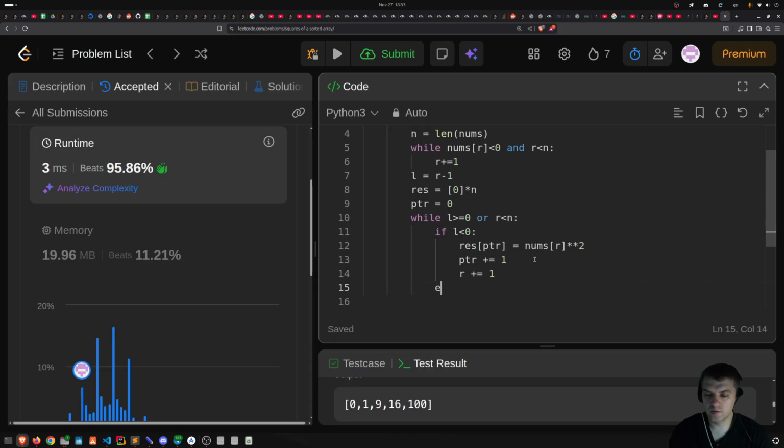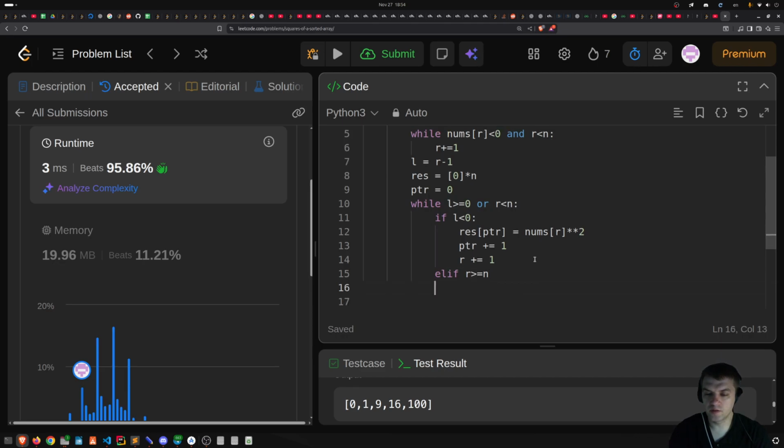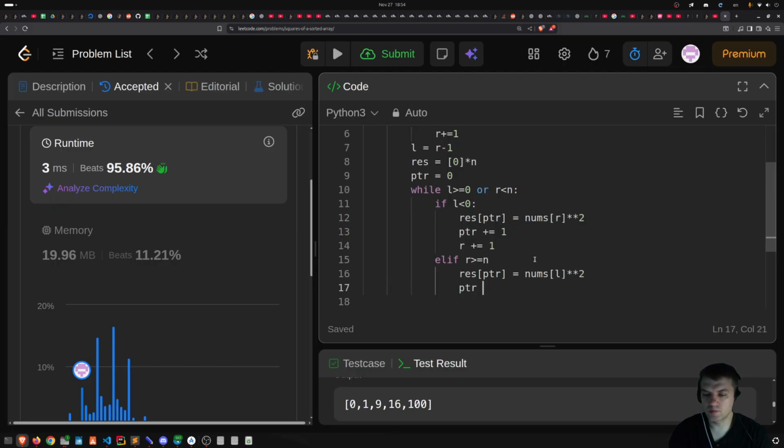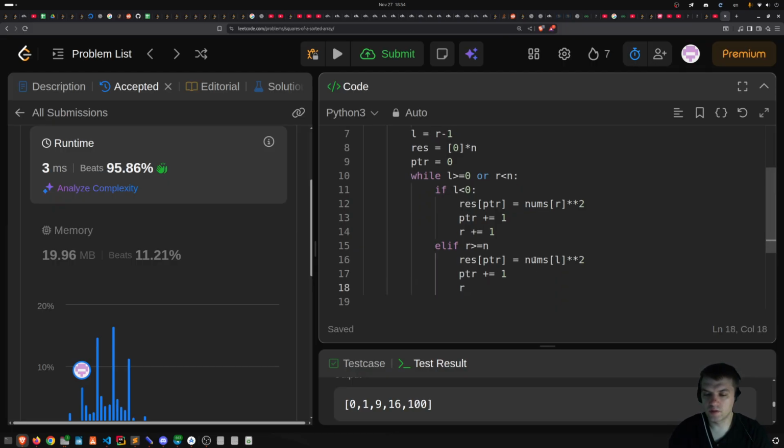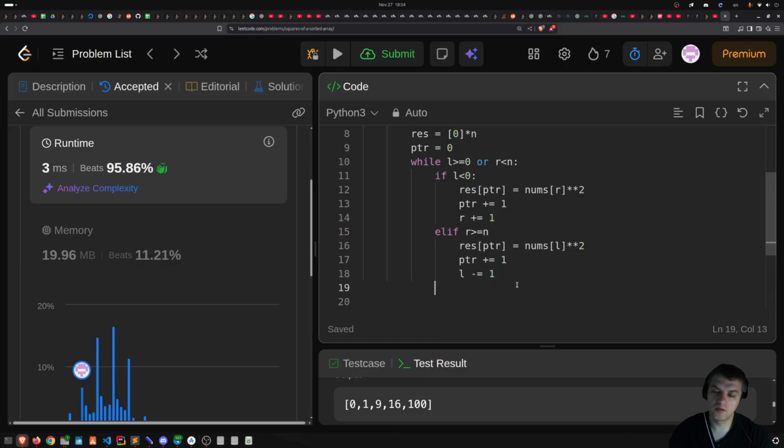If right is greater or equal n, I'm gonna go res[ptr] equal nums[left] to the power of 2, ptr plus equal 1, left minus equal 1. And then else